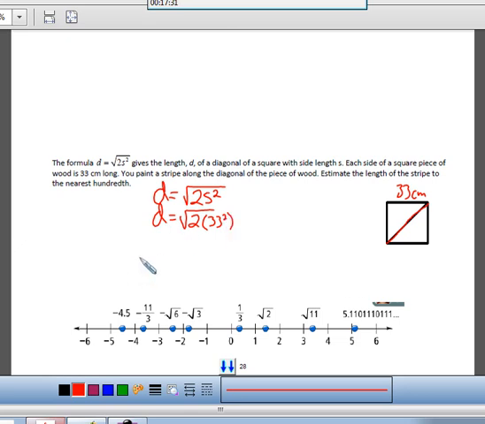So do 33 squared in your calculator, and you get d equals square root of 2 times 1089. 2 times 1089 is some big number, and I didn't write it down. So we are actually going to then take the square root of that number, and we get